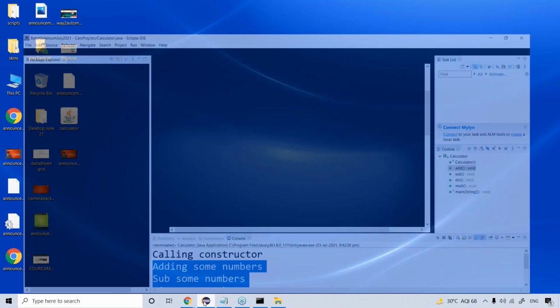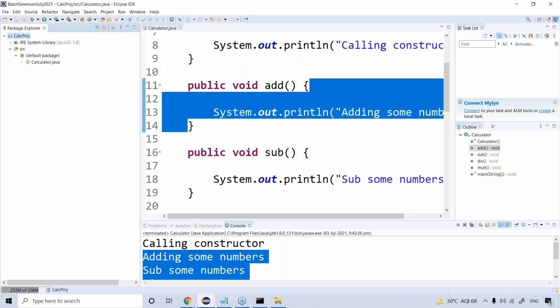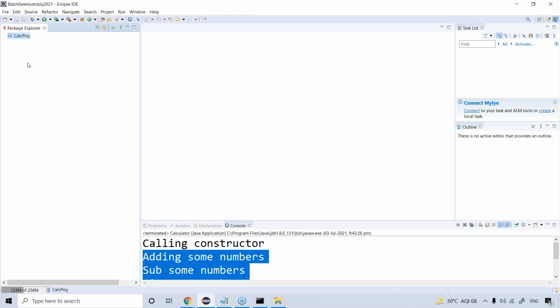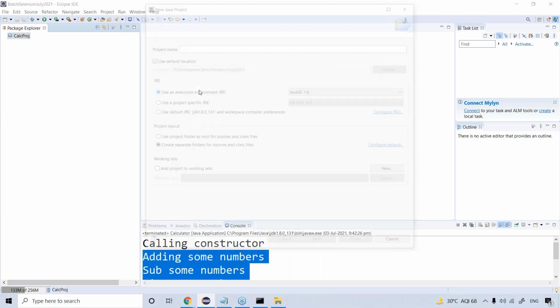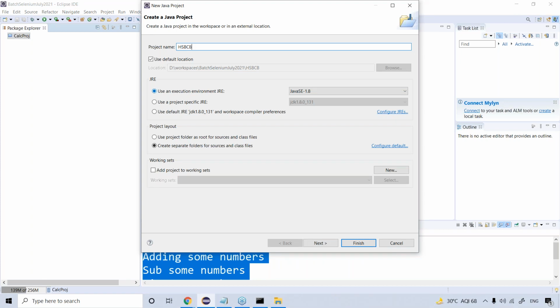So I'm going to close this project. So let's close this project. And then I joined another company. Let's say I joined something called the HSBC Bank. I joined some banking project